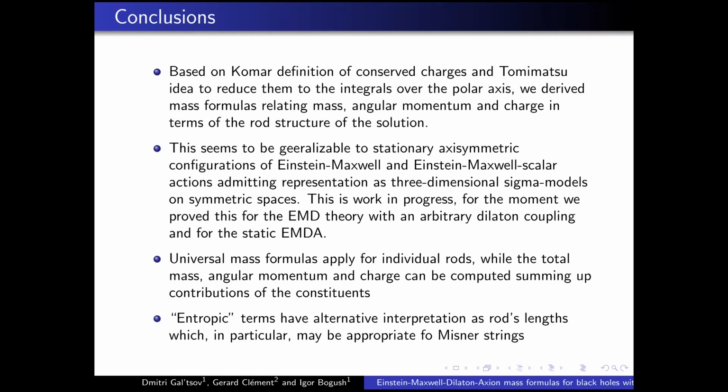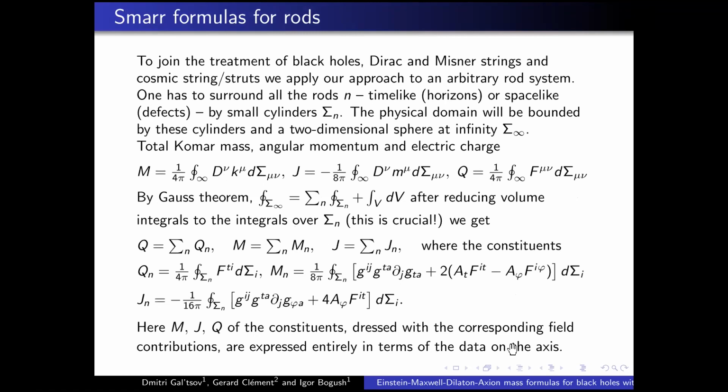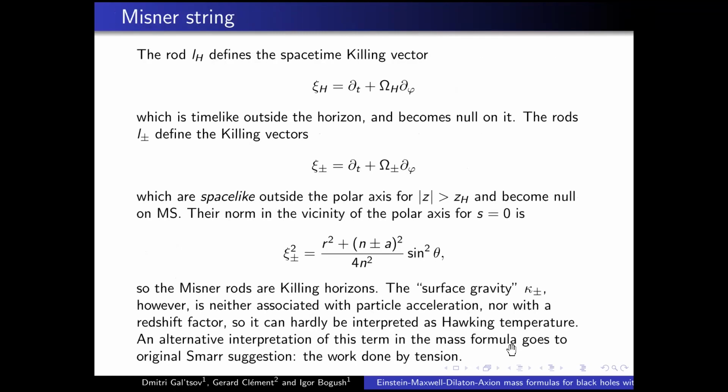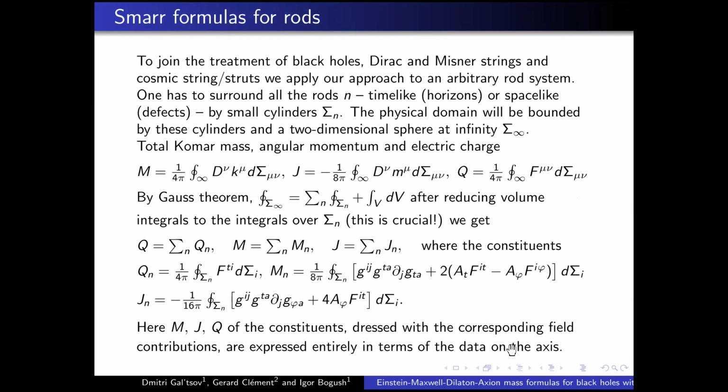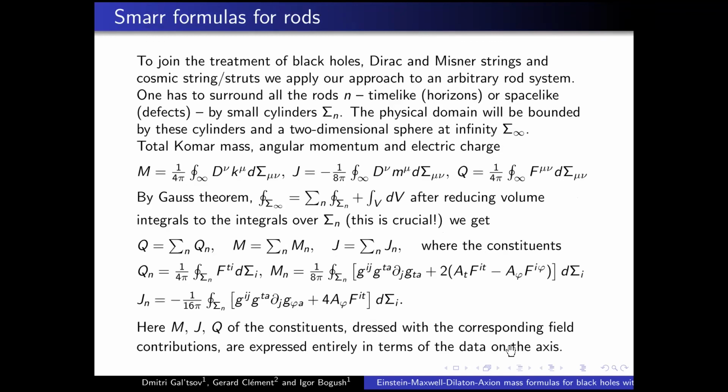So Dmitry, let me ask you a very simple question. You are using the Bekenstein-Hawking entropy formula for all these mass formulas you are deriving. How do you know that it is not necessary to apply Wald's formula, which is different in the sense that it is based on a different approach, the approach of a Noether charge? Sometimes it happens when you add so many fields that the entropy formula changes. What happens in your case? Do you know exactly that you can use the Bekenstein-Hawking formula?